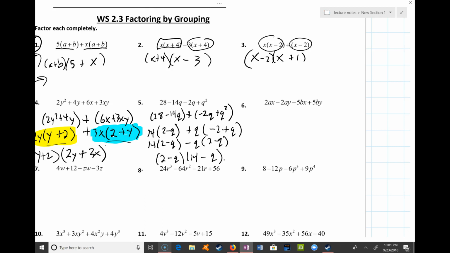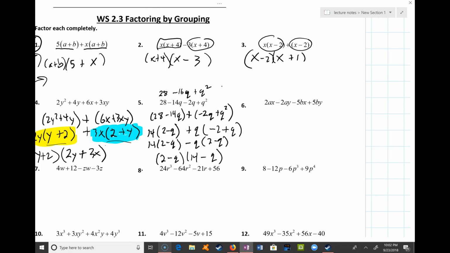All right, cool. Now notice this one up here, it actually wasn't in simplest form. I could have simplified this to 28 minus 16q. Do you see that? Plus q squared. And I could have factored that a different way. So notice